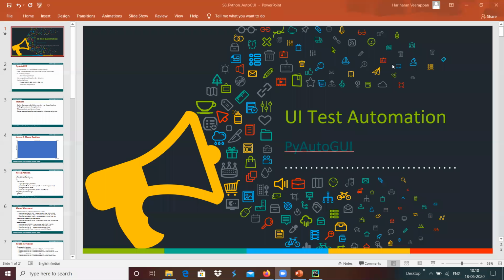Good morning, all. We shall start today's session on user interface test automation with the help of a Python module, PyAutoGUI. We will see a brief introduction to PyAutoGUI.